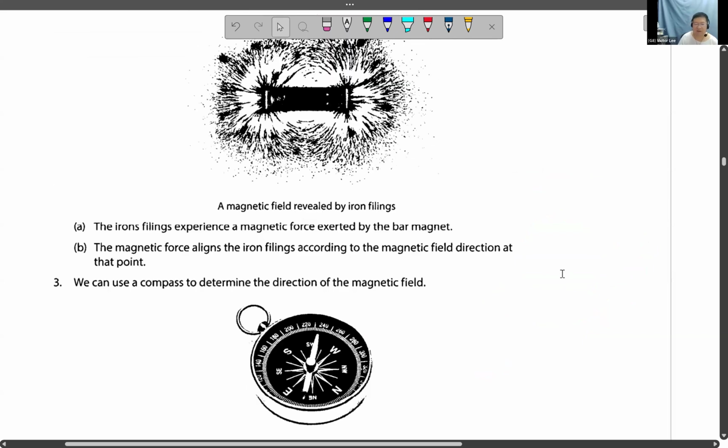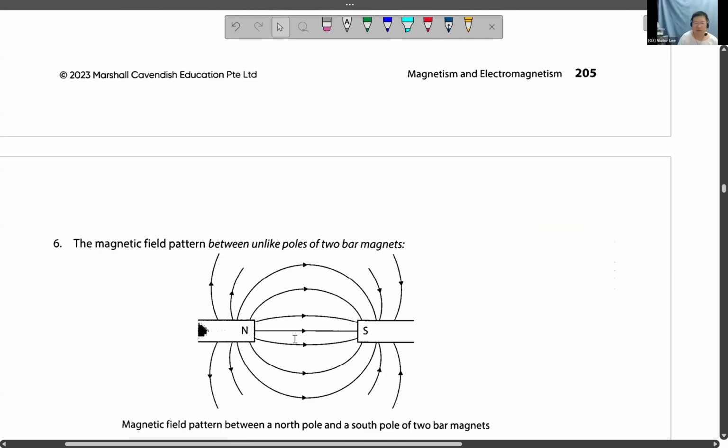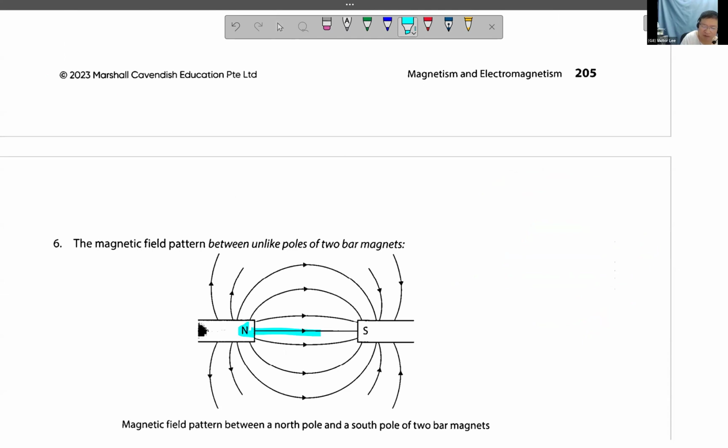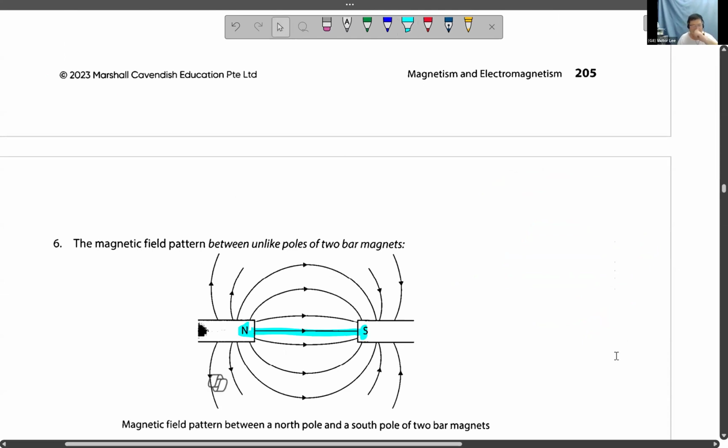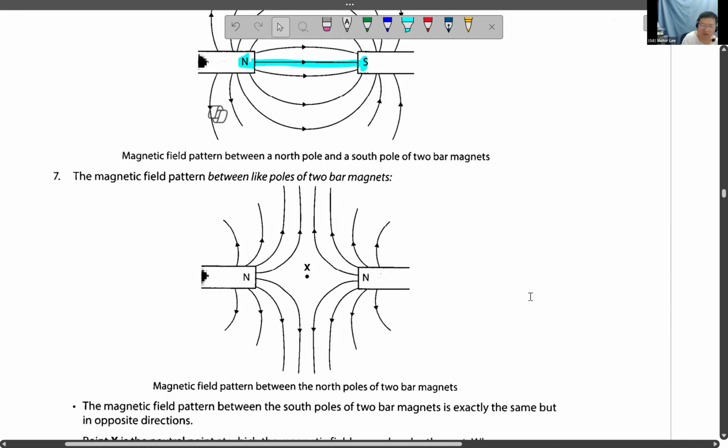All right. So, the field pattern between two bar magnets. North points to south. Remember this one, don't forget. North points to south. This is the key thing. And then the rest you just draw like that. It curves in like that. And if both are north,